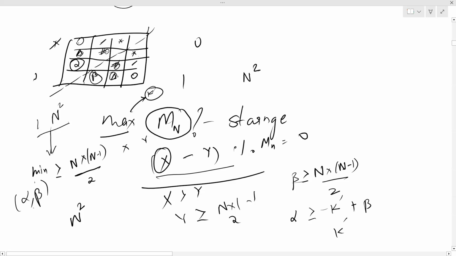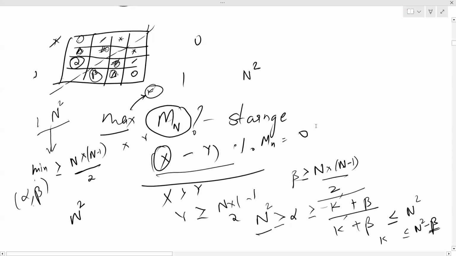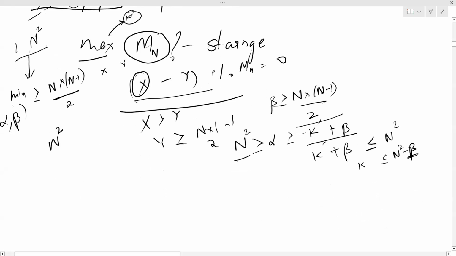So my k dash is simply like this, alpha is more than this, but alpha is less than or equals to n square. So my k plus beta needs to be less than or equals to, I'm taking this condition, needs to be less than or equals to n square. So k needs to be less than or equals to n square minus beta. But what is my beta? Beta is at least more than or equals to this thing. So now I can say that the maximum value of k that I can choose is